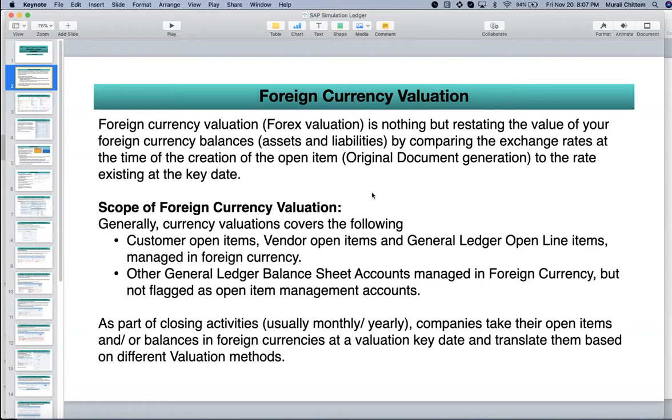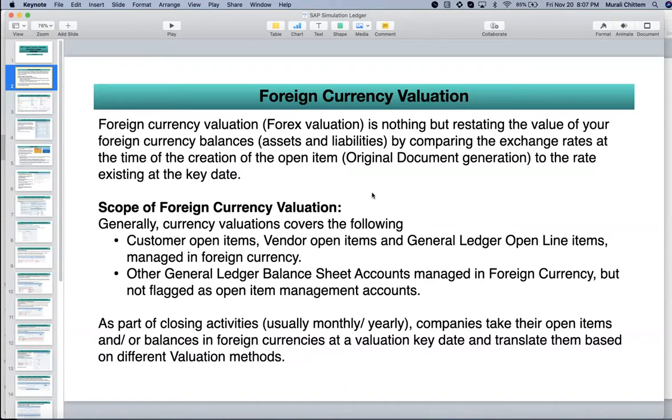So the purpose of forex valuation is restating the value of your foreign currency balances. It includes both liabilities and assets, and it brings them to the current day, when we are preparing financial statements.